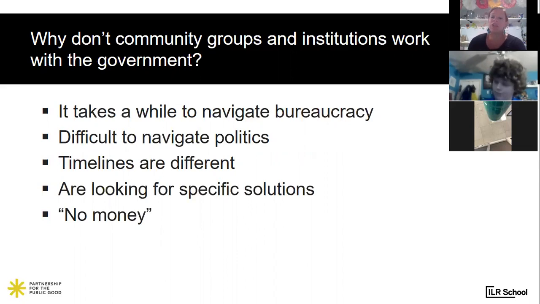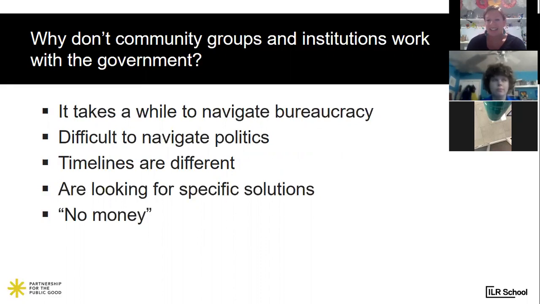And you oftentimes have to check with a layer of people. So it isn't just enough to get approval from one person, you actually have to get approval from their manager or someone who supervises them. Or if you're looking for information, and this is a whole other session, the government should provide it, but sometimes you would have to do something like file a FOIL request, which we have a lot of information about on our website. And I know one of the previous speakers had talked a little bit about that. So there's a lot of bureaucracy and red tape to navigate when it comes to the government.